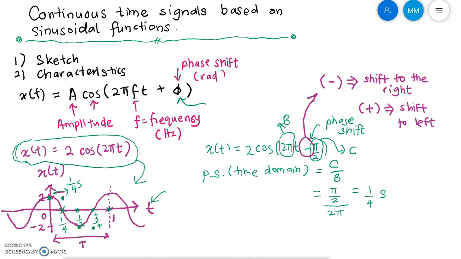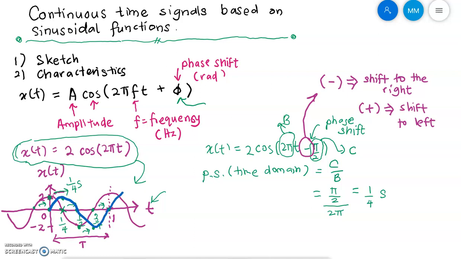So everything will be shifted by 1 over 4 seconds. If we start to interpolate this signal, and we understand that the previous value here will also be shifted by 1 over 4, then it will go here. So if we interpolate this signal, then we will have this signal,